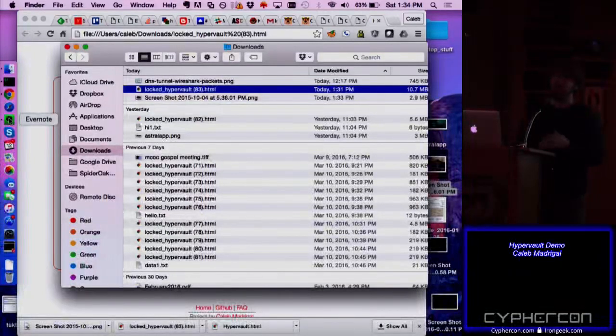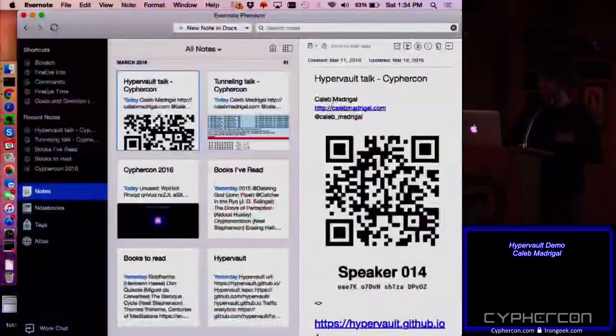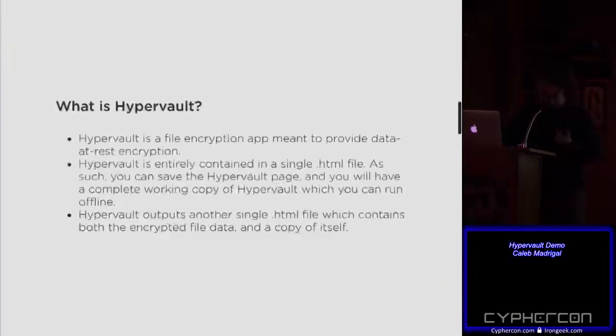So if you have some files that are really important to you, you may encrypt them with some other software, but what if that software goes away, or what if the version gets out-versioned? Hopefully they're doing backward compatible stuff, but there's always that risk. A couple other advantages to it